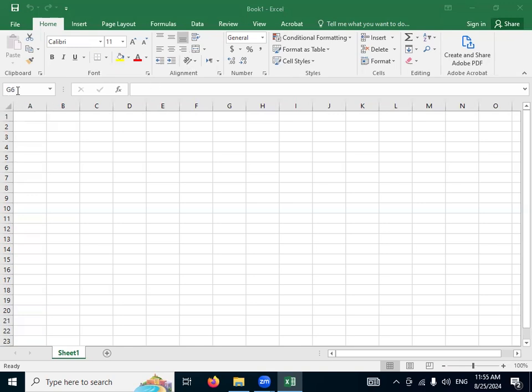Now this is the area where it is mentioning G6. This is known as address. The address of what? This is known as cell address. Here when I click, it shows the name box. Okay? So it is basically the cell address. For example, I have selected the cell in which I am writing something. My currently active cell has an address. The name box will show the address of the cell in which I am currently typing. The cell in which I am currently typing is known as the active cell.